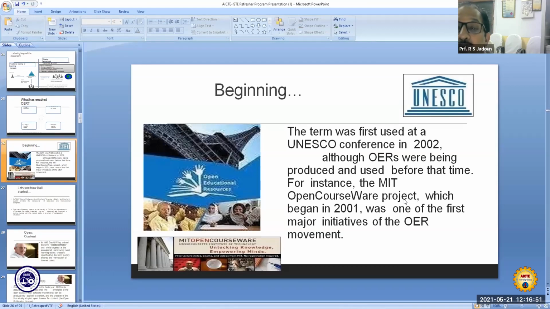In 2002, this term was first used at a UNESCO conference, and soon after MIT created the Open Courseware project, which began in 2001 and was one of the first major initiatives of the OER movement. MIT was the first to implement this OER.